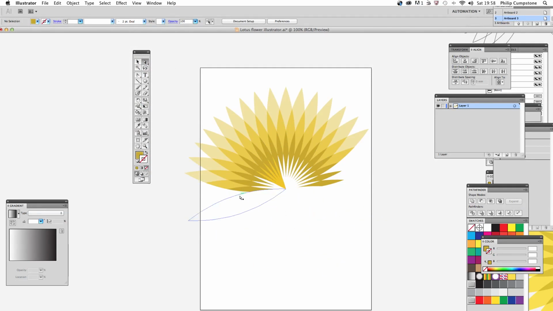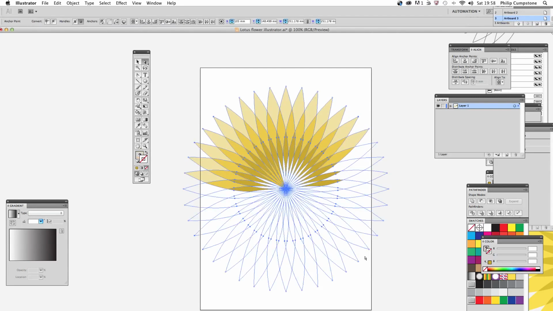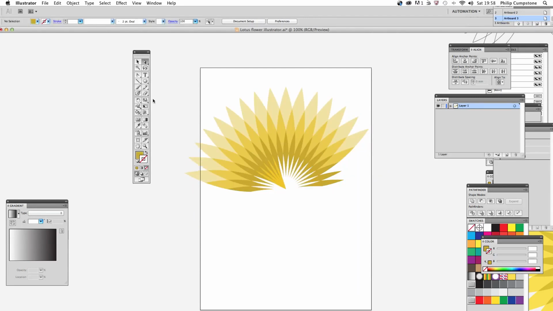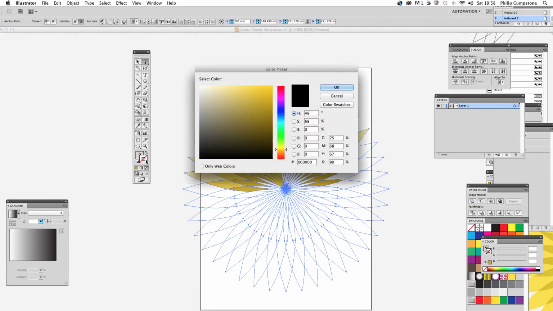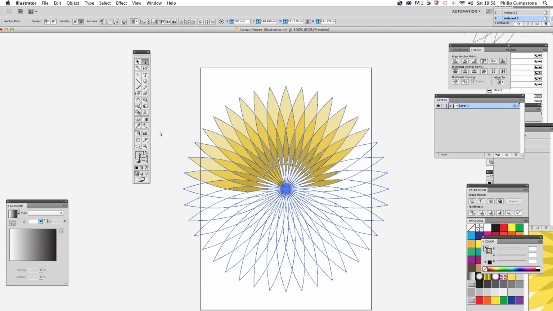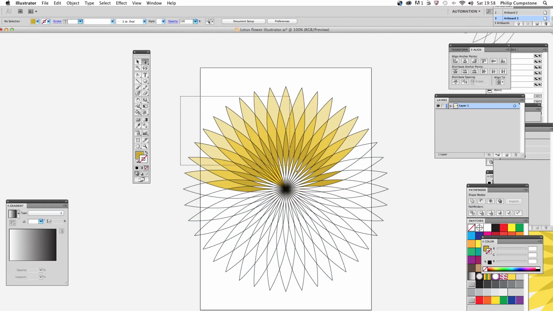So it's up to you now to fill in these other shapes. If I select and drag across, we've got all the objects there. One of the advantages of having the stroke value is being able to see what you're doing. There we are. So put them back on just for the convenience of seeing where we're at. And there we go. Once you've completed that, grab the whole of the flower,